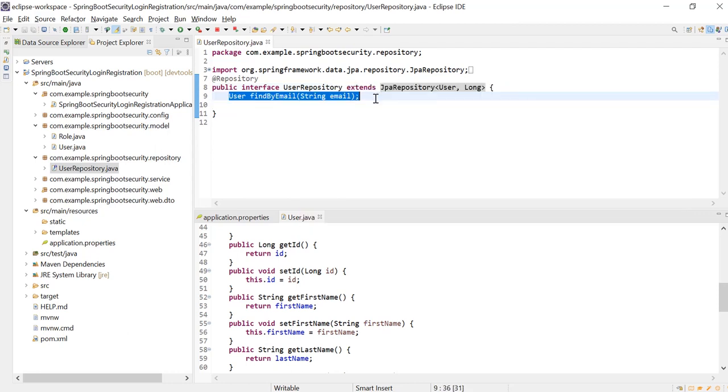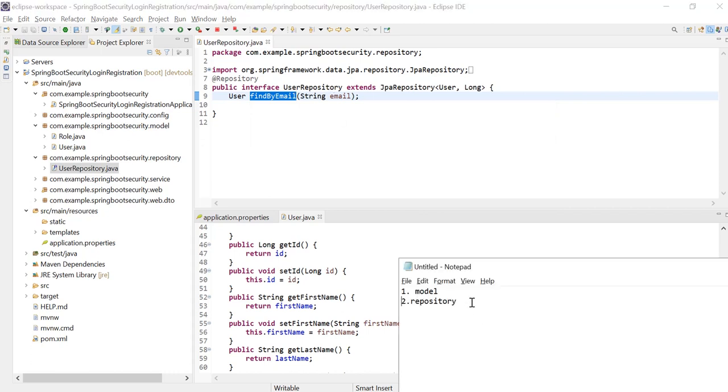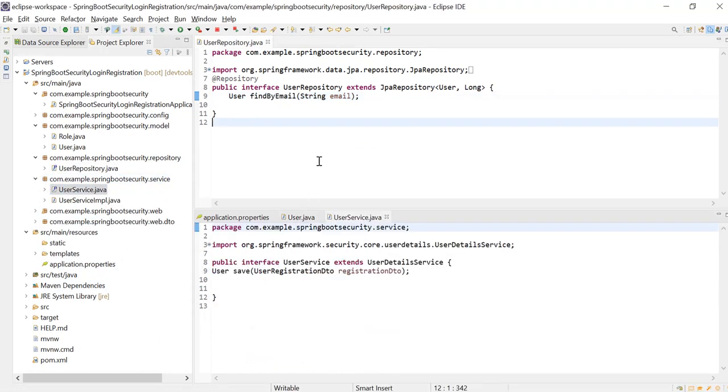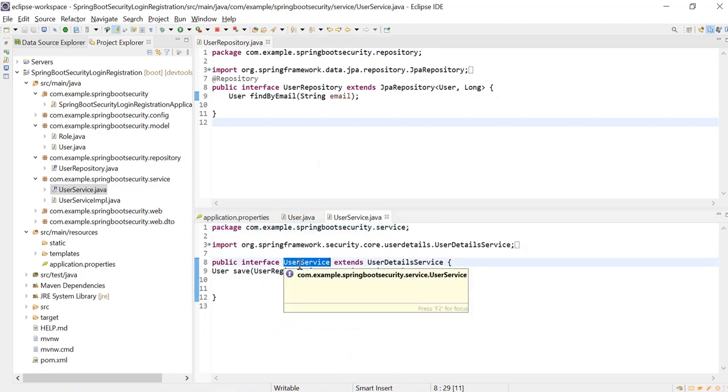Here I am using this method, findByEmail. Then you have to create a service as well as a controller. For the service, you have to create a package of service, UserService. This service annotation is used at class level and contains the business logic. Like an older implementation, SHA or a password encoder would require the client to pass a salt value when encoding the password.